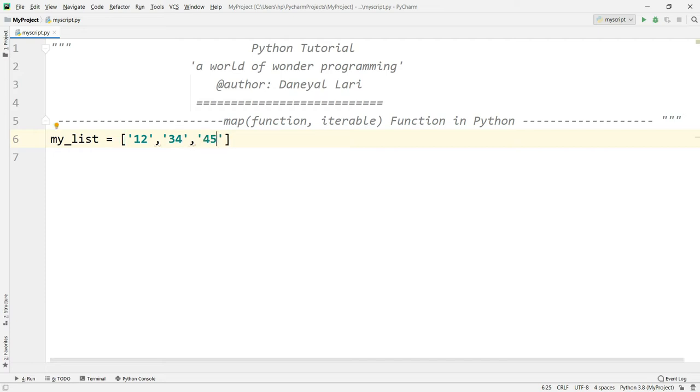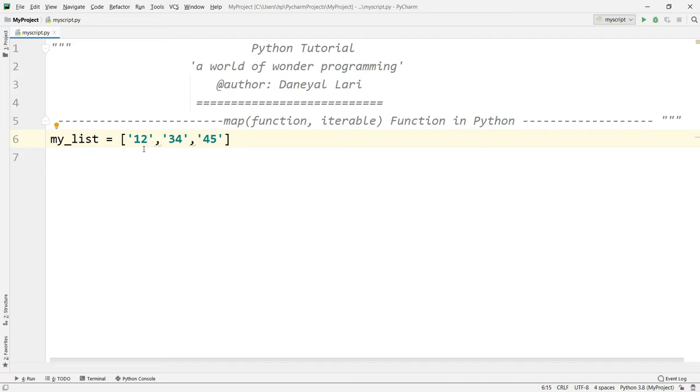I will keep it simple, because you can have any number of elements, so I'm just taking only 3 values in my list. The task is I want to convert all the strings inside my list into integers. As we can see here, every string is a combination of only digits, so we can convert it into int. So how to do this?